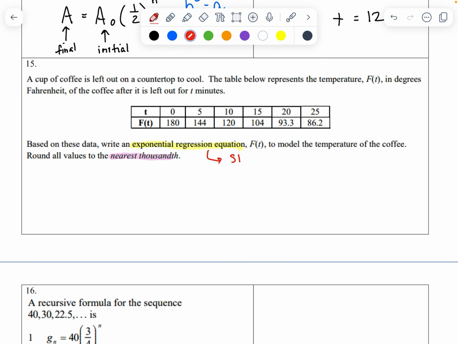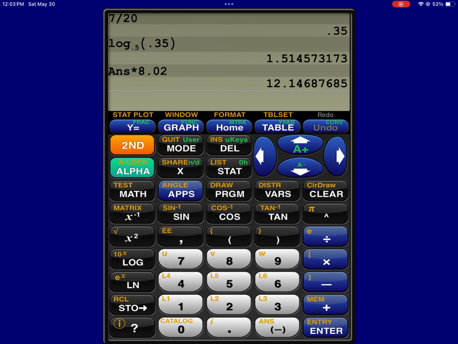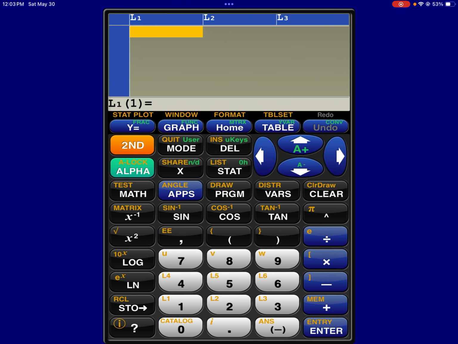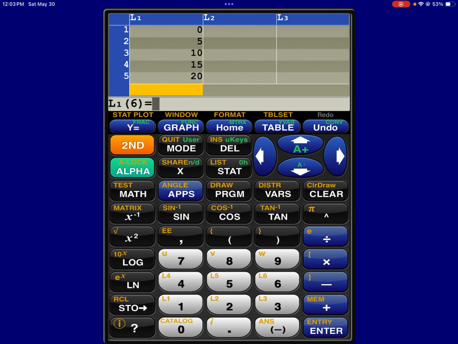This is where you want to go to Stat, Edit. And we're going to put our information into L1 and L2. If you have anything in there, you're going to highlight L1, press Clear, Enter, Clear, Enter. So L1 is 0, 5, 10, 15, 20, 25. And then we have 180,